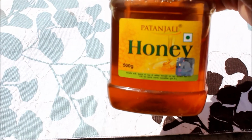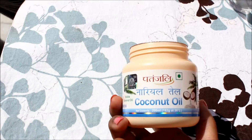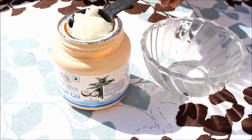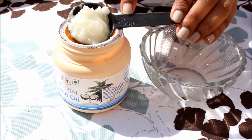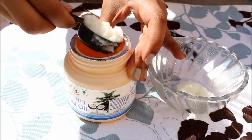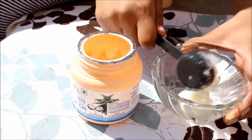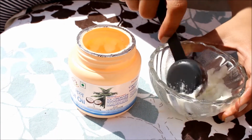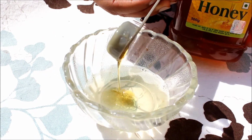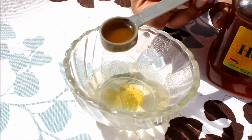And the second one is this one. I'm gonna use some honey, some vitamin E oil, and then I'll be needing coconut oil as well. So as you can see, I just love coconut because it is so good for your hair and skin and body. So I'm just gonna take 2 tablespoons of coconut oil. It's quite difficult to work with, and then I'm just gonna microwave it for 5 to 10 seconds, and then I'll be adding honey into this. I am adding 2 teaspoons of honey,